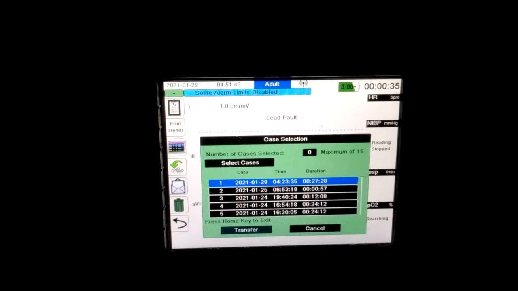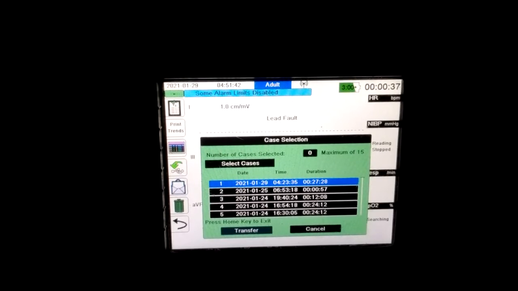So select case, that brings us into the case selection menu. Arrow down to the case that you want. You can see you have the date, time, and duration. So here's one that's 24 minutes. So we're going to select it, and you see that it brought a green check mark next to it. We can actually select multiple sets of vitals in case the monitor was turned on and off during that patient contact. So we select however many we want,